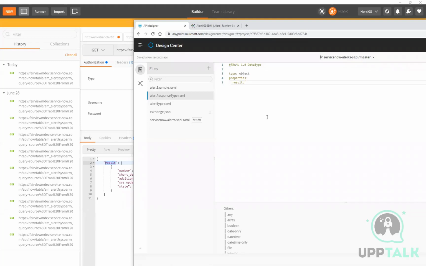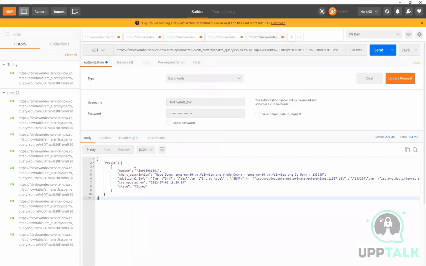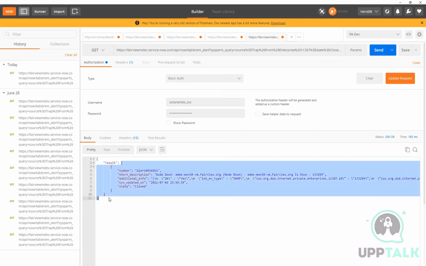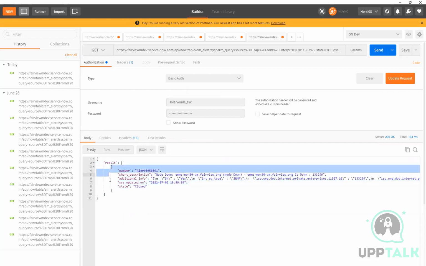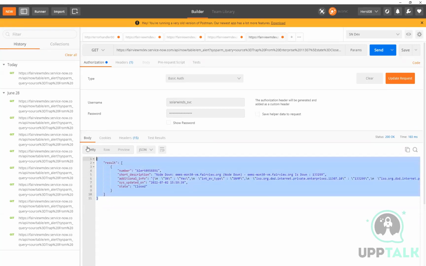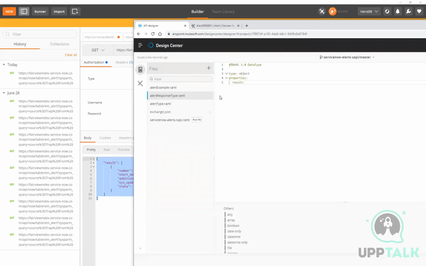It's an array data type, but it contains an array of the alert data types. If you see the response, right? What is the response? The response contains the result. Yeah, object. The value of result is an array of alerts. Each one is an alert. Here, in this case, we got only one alert, but there's the possibility of getting multiple alerts, right? That's right. So I am designing this object where the result is an array of alerts. Okay. So here I can